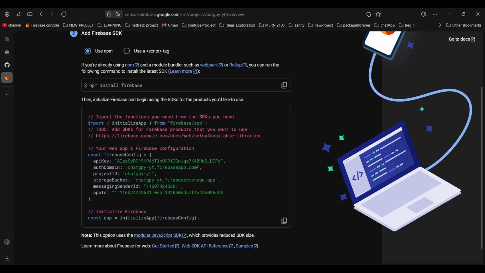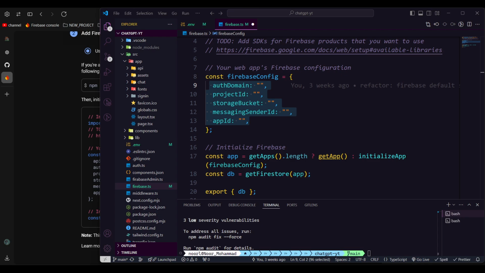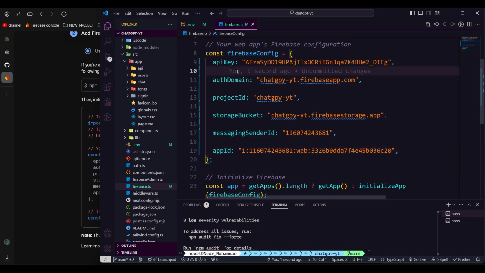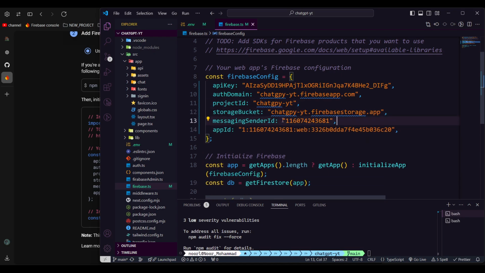Okay, let's roll back. I'm gonna just paste it again. I'm gonna just remove those portions. Okay, cool. So we're having that API or domain, project ID and other parameters, and also I'm gonna make that